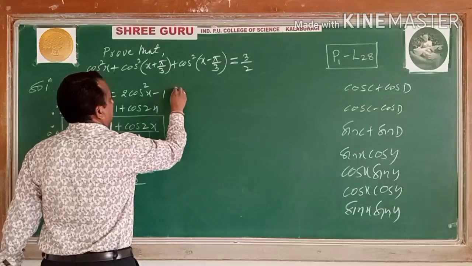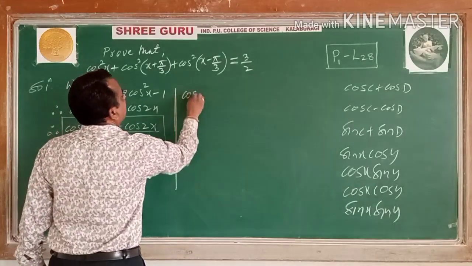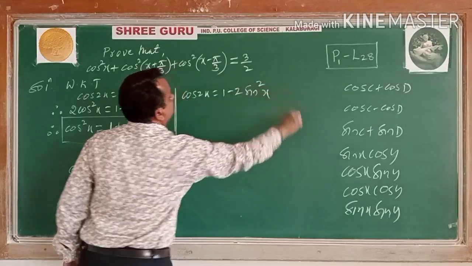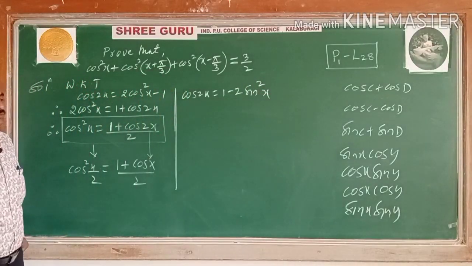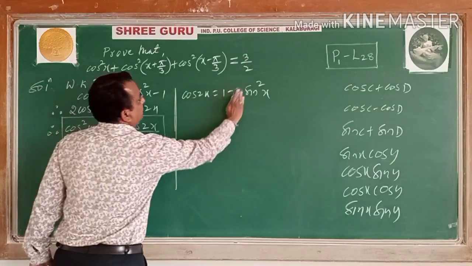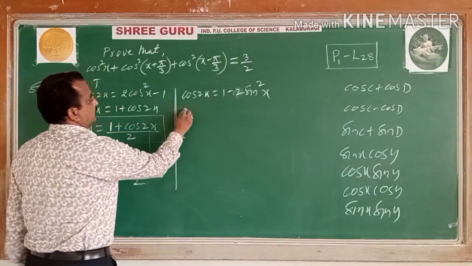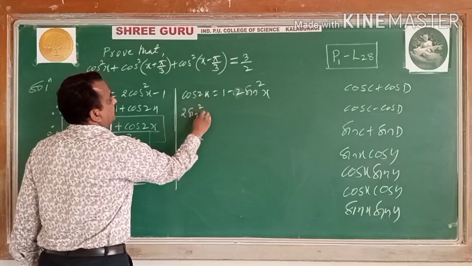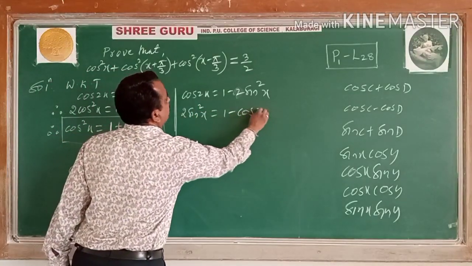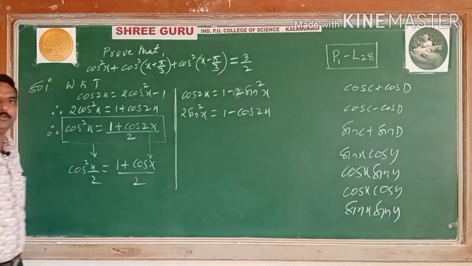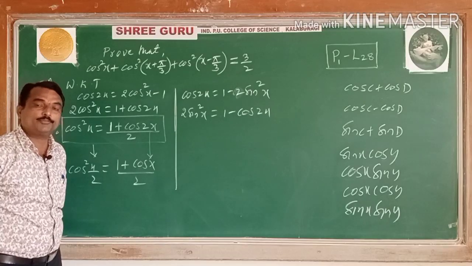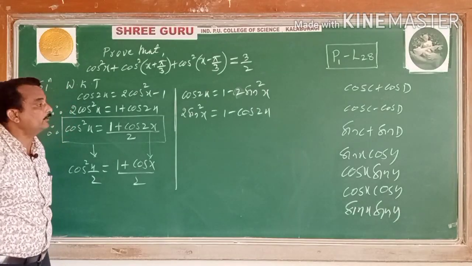Now let us see. Cos 2x equal to 1 minus 2 sin square x. Reduce that, you required in terms of sin square x. 2 sin square x, that minus, you have taken this side, plus, is equal to 1 minus cos 2x. Very, very important, these 2 formulas you will use many times in the integration second PUC class and in the differentiation second PUC class. You need the formulas here.